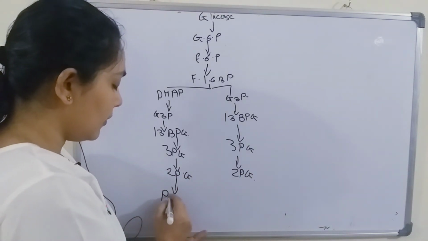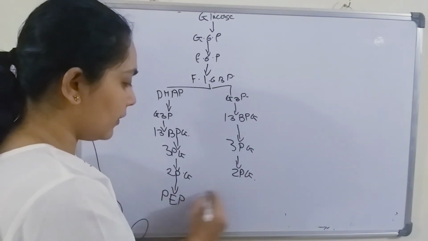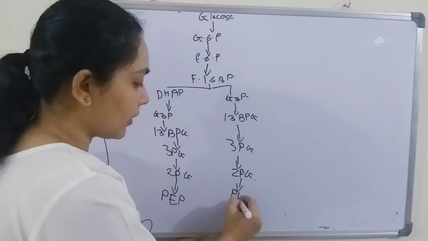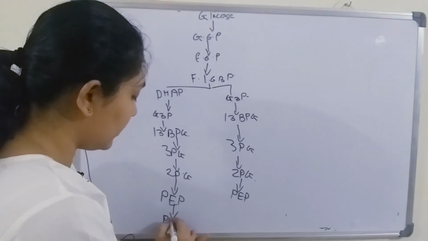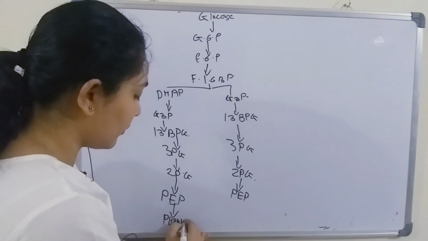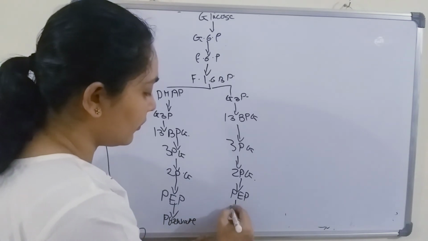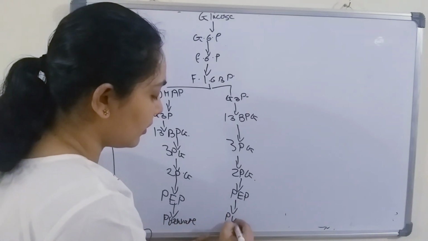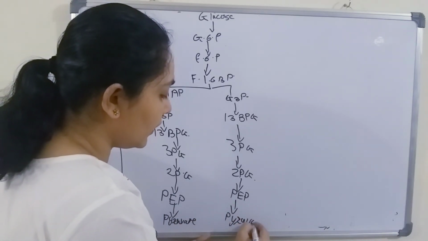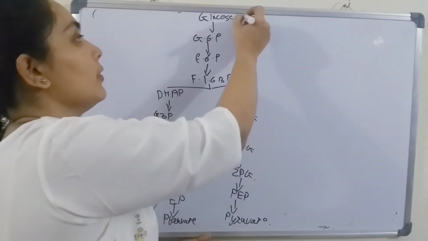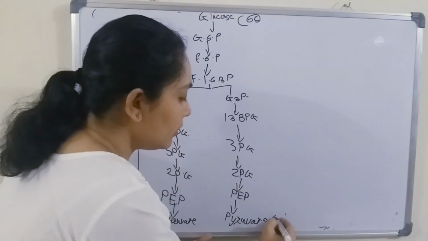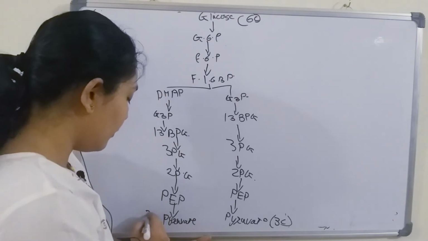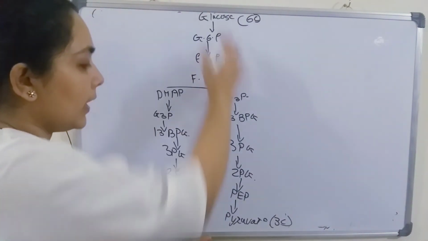Then phosphoenolpyruvate, PEP, and finally pyruvate. So from one molecule of glucose we will get 2 molecules of pyruvate via this series